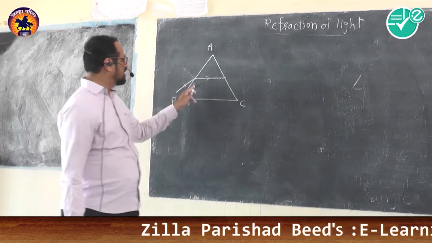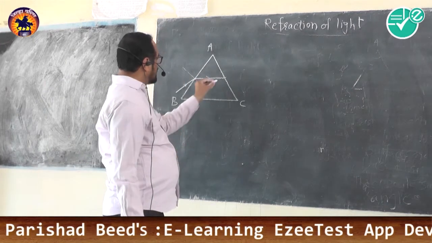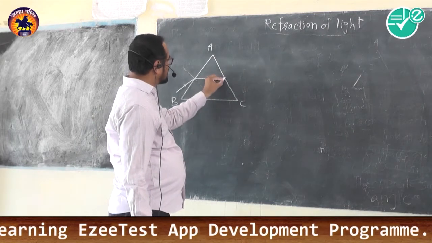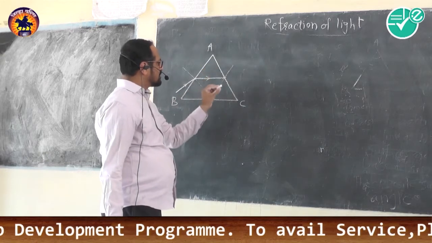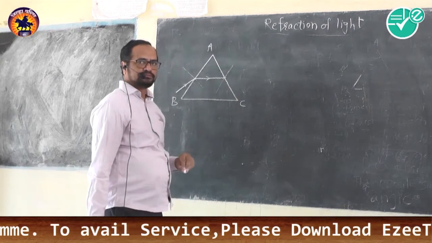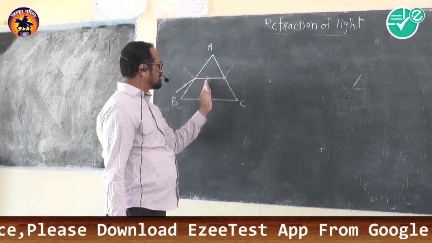Here is the first refraction, we call this point A, and here another refraction takes place, but this refraction will be away from the normal, because the ray travels from denser medium to